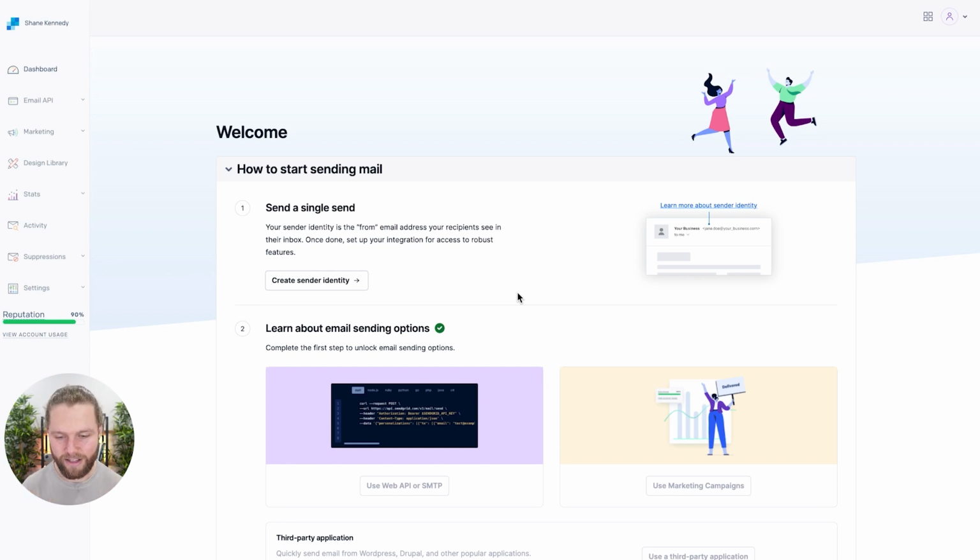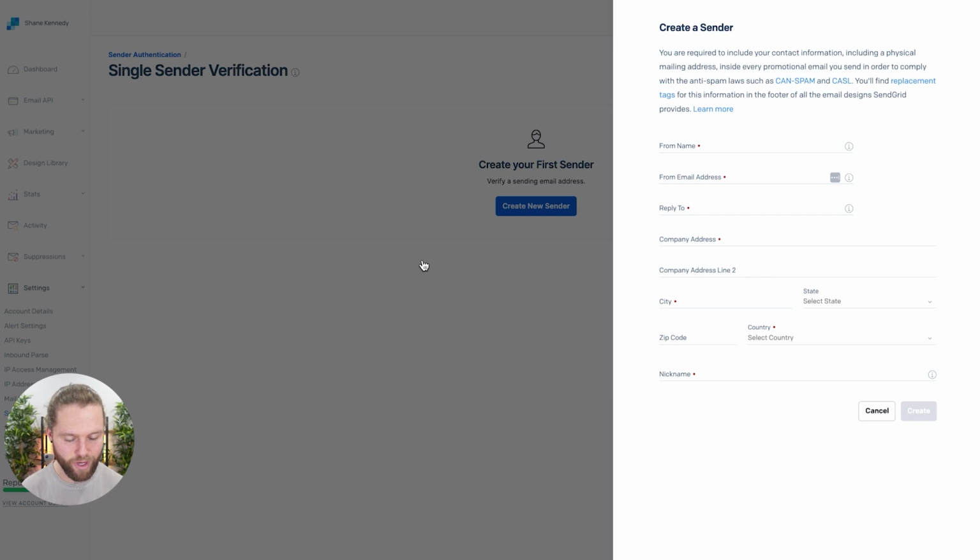Let's get started. The first thing I'm going to do is I'm going to create my sender identity. So I can do that from the dashboard here just by clicking create sender identity. And it will take me through to this page where I can enter the information of my sender. Now it's going to have a from name, which for me, it's going to be email echidna. You can change this dependent on the email settings or the email campaign that you create. This is actually customized, but this is just a bit of a rule of thumb or just a bit of a default. The from address, I'm going to enter the custom email address that I've created,